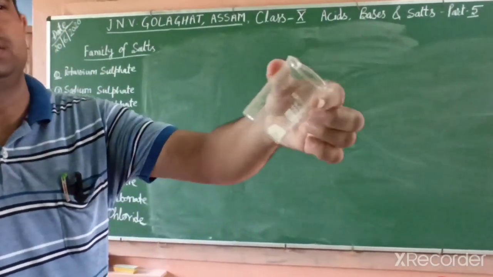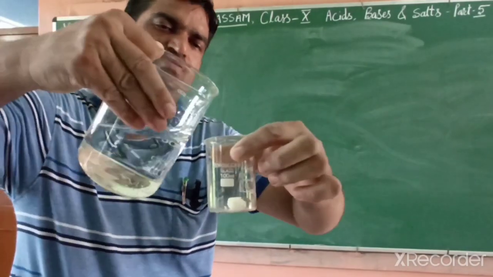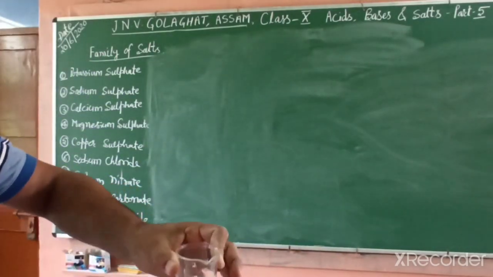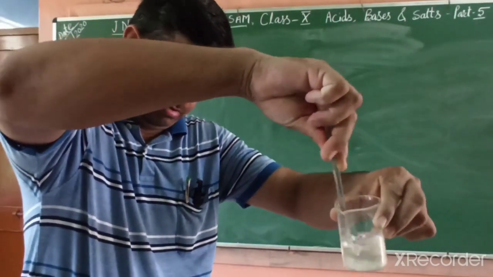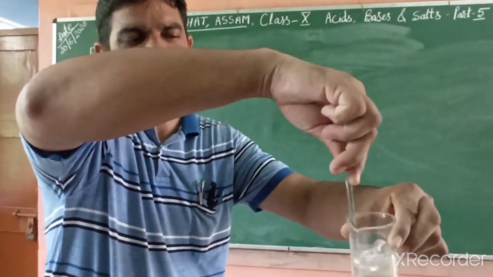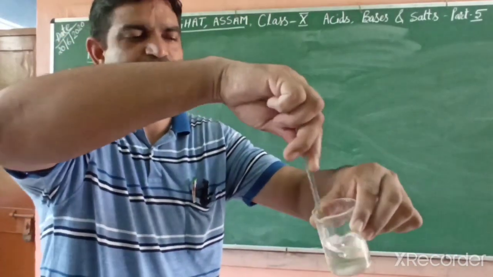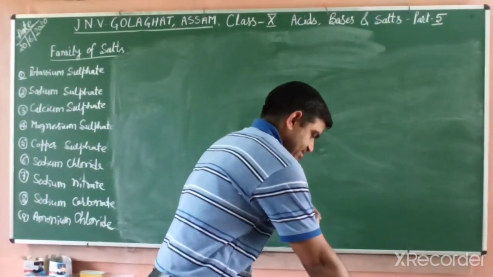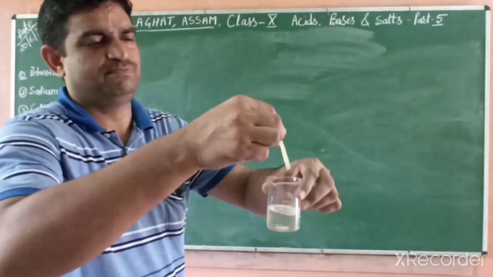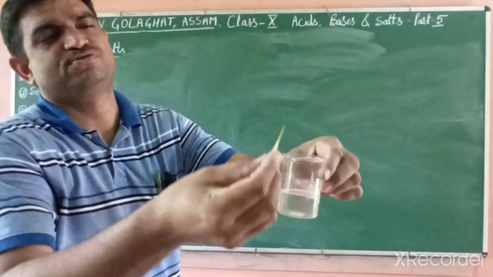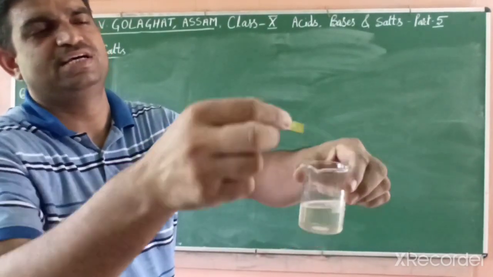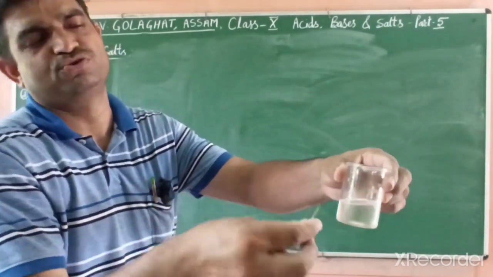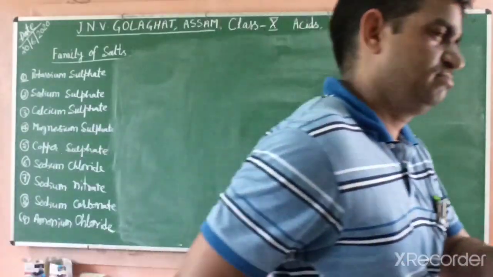Another salt, that is sodium nitrite, and when we dissolve this, it's completely dissolved in water, so it is a soluble salt. It is soluble and we find its pH by using pH paper. So it is neutral, light green. It is a neutral salt, sodium nitrite, because it is made by both strong acid and strong base. So it is a neutral salt. Lead acetate.